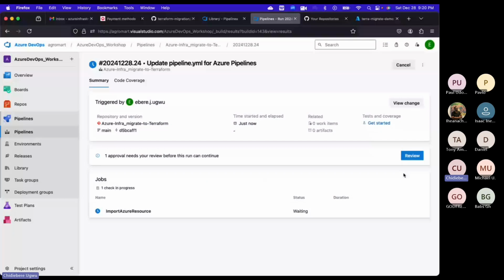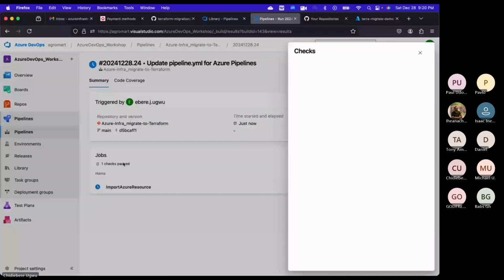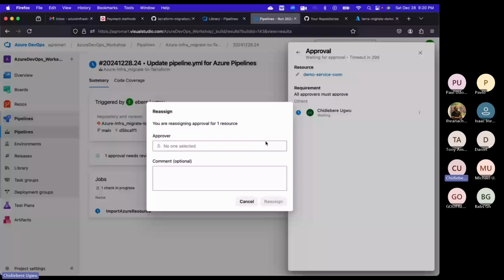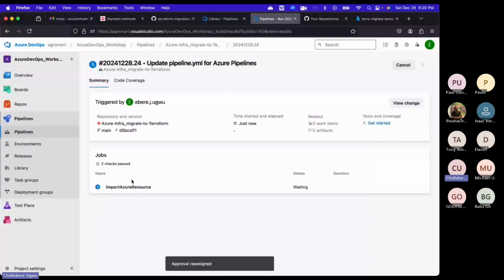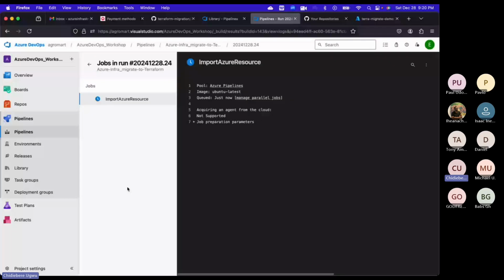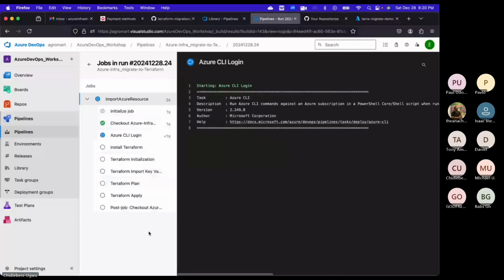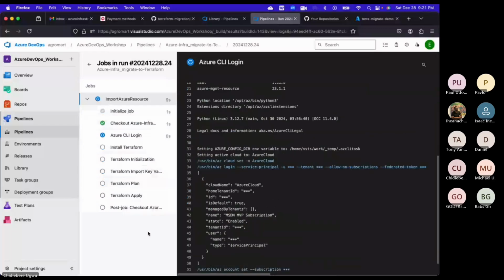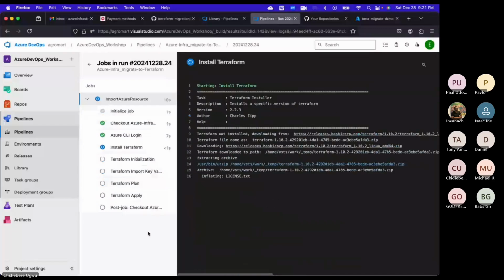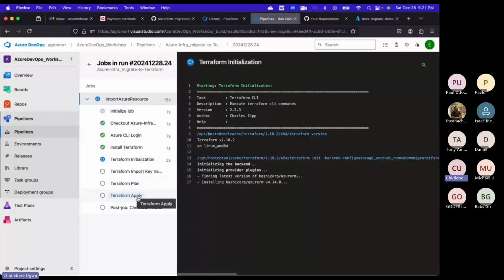Review the approval again. Check. Okay, reassign this to a new person to approve, and then review and approve this. All these protocols are just to make sure that you don't deploy a wrong resource to a wrong environment or target subscription. There's an excess of approvals. Yeah, there will be a right permission issue here, but this is just for demo purposes,